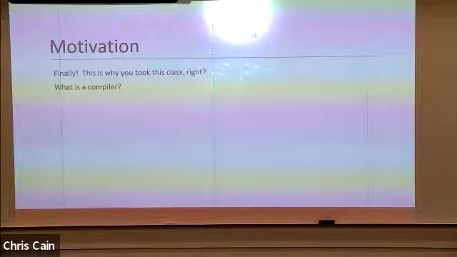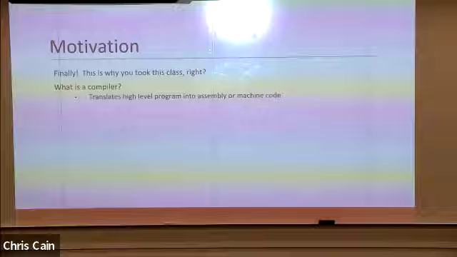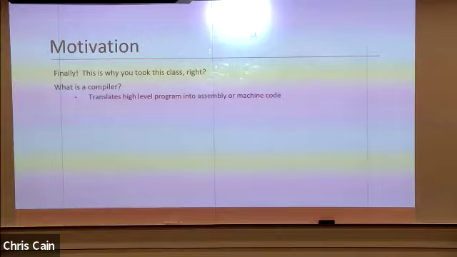We've talked about it in class, but a compiler just translates a high-level program into either assembly or machine code. So we need some translation algorithm. A lot of you have been working with Java in most of your classes here. So the ability to translate Java code into some kind of bytecode. So that's how Java works. It translates it into Java bytecode, and then Java bytecode is interpreted at that level to be turned into machine code.